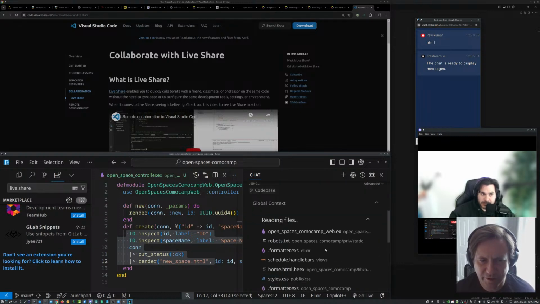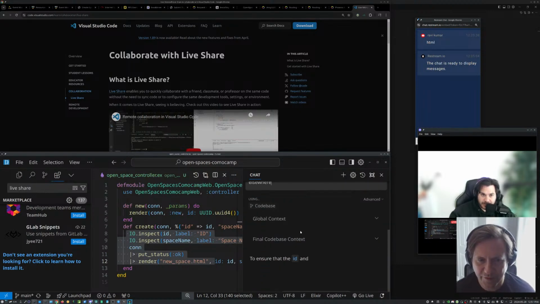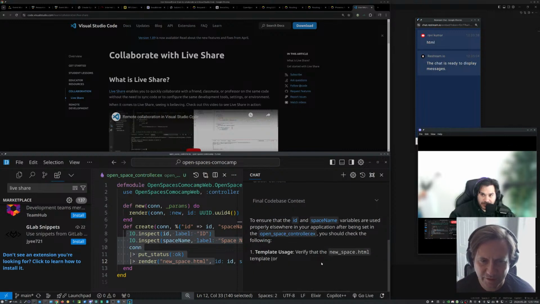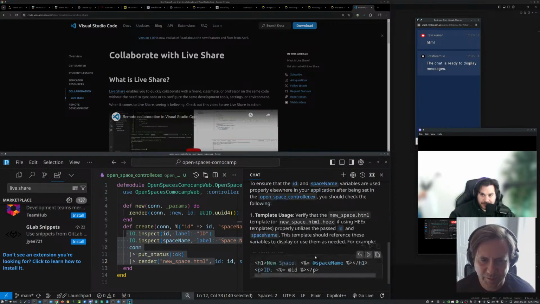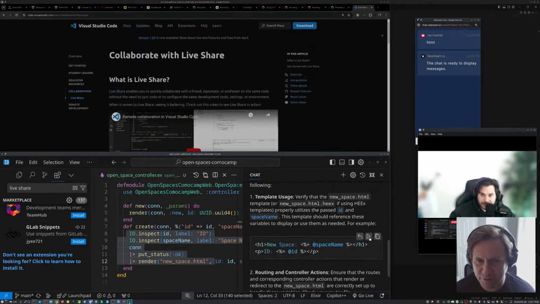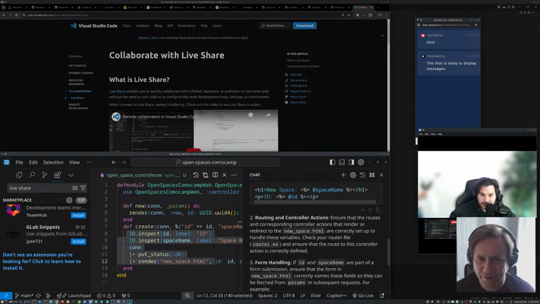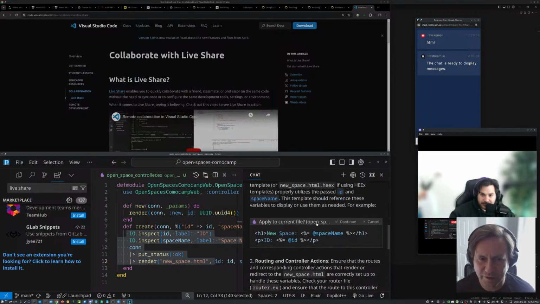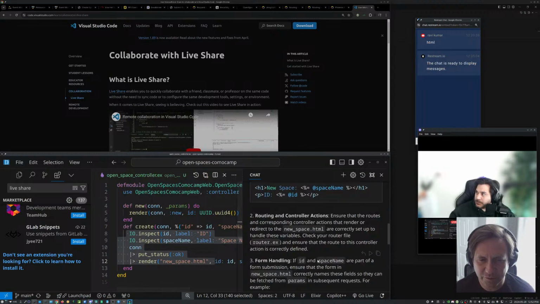It'll throw in all of the things, but most importantly, it'll give you this button, which will apply the code to where it needs to go. Apply to current file, or you can put it into some other one.